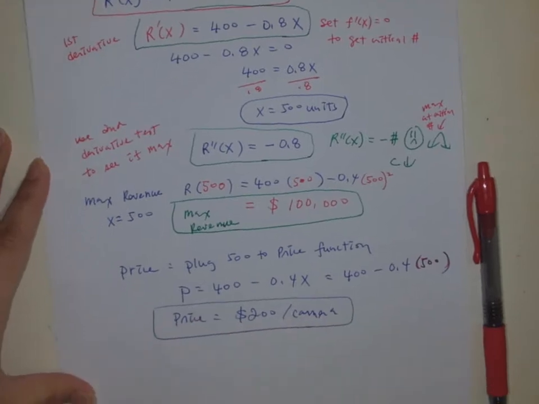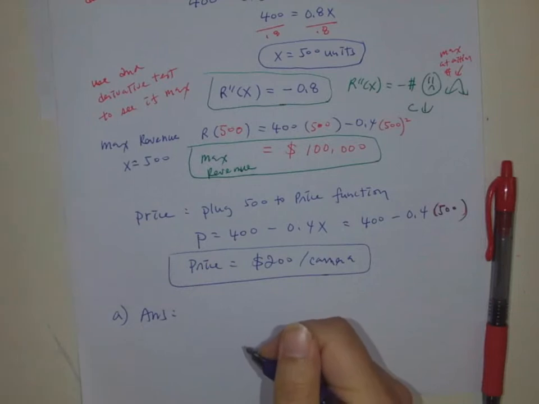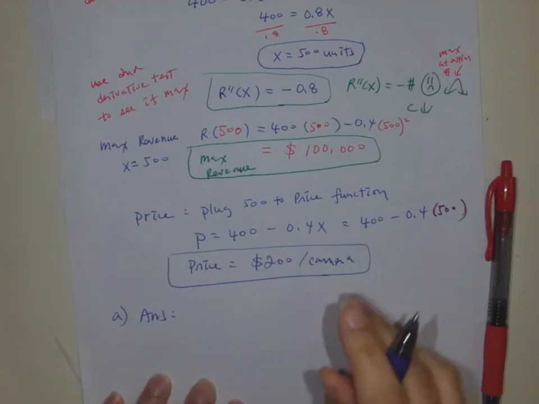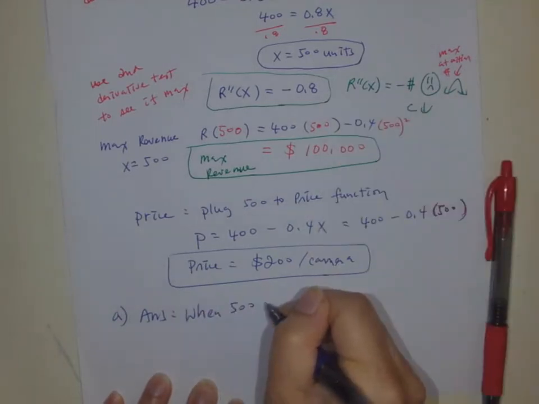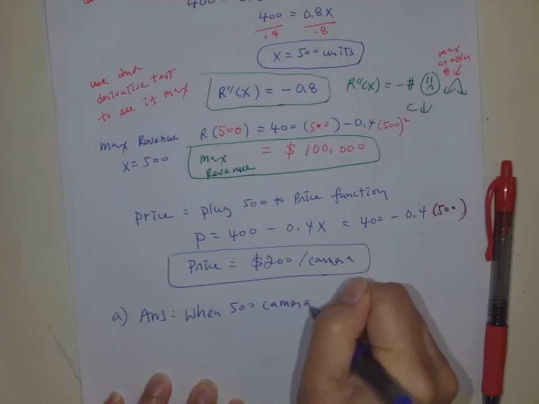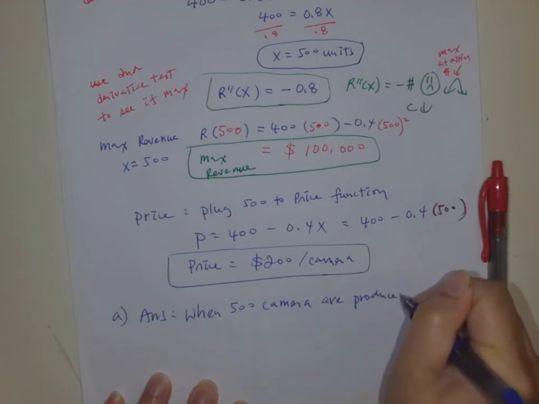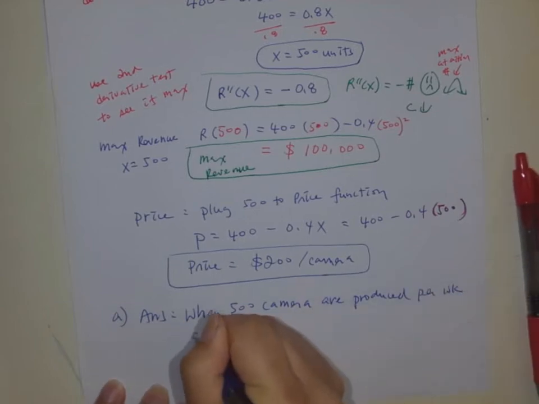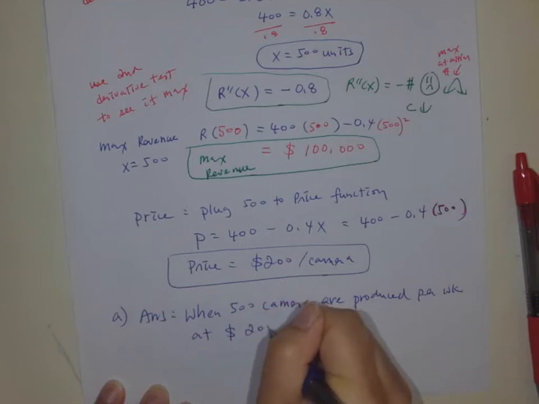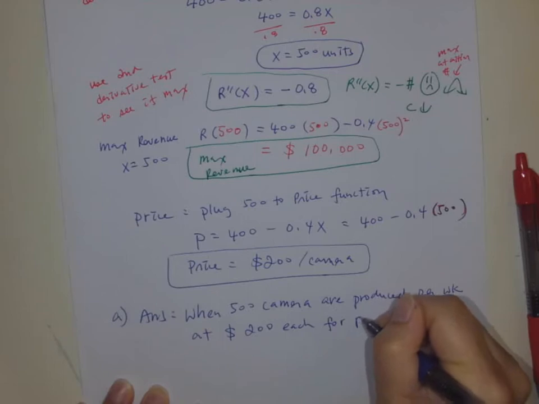Okay, so this is for the A part. The answer would be when 500 cameras are produced per week at $200 each for the price,